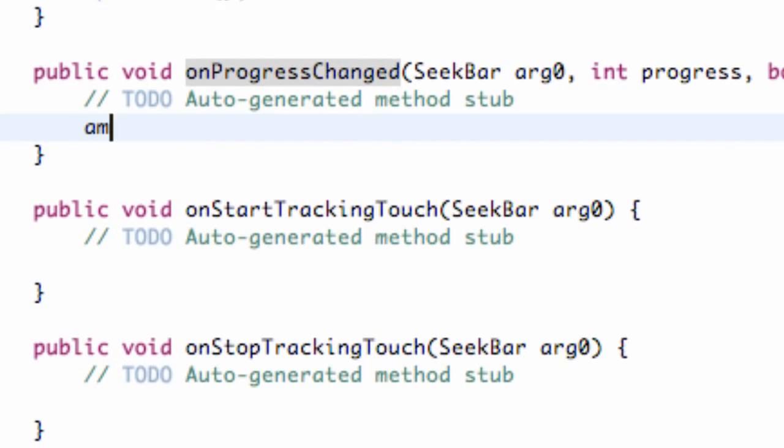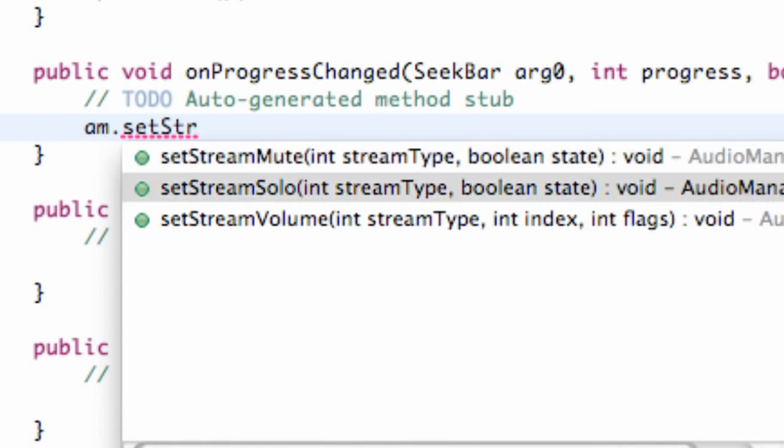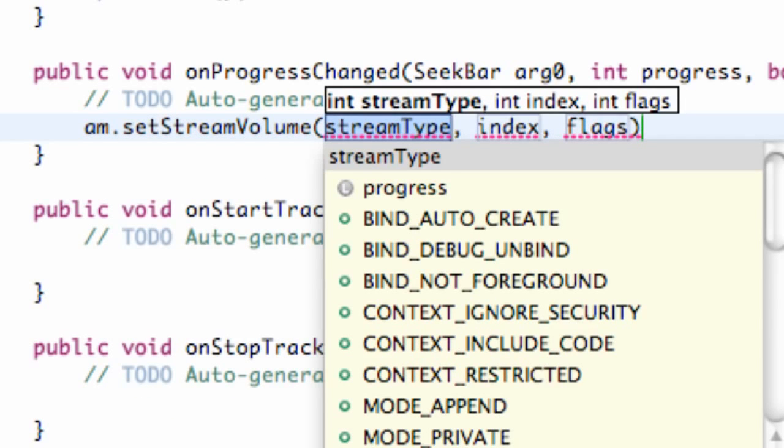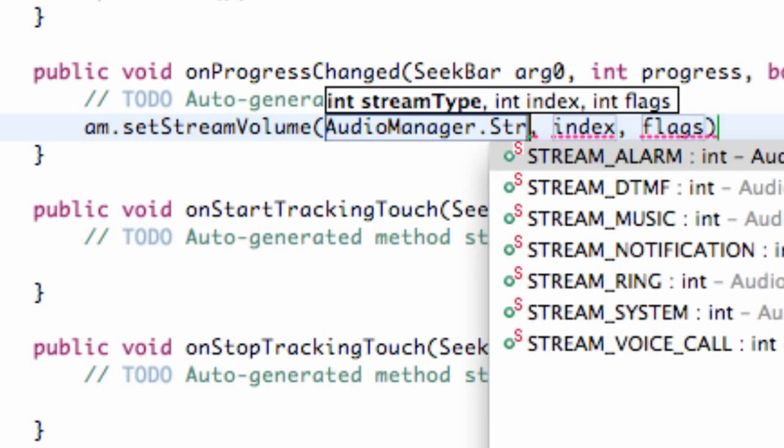And that's pretty much what we're going to do with our audio manager. We're going to refer to our audio manager, and then we're just going to say setStreamVolume, and we're going to set that equal to the type that we want it to affect. So we're going to say AudioManager.STREAM_MUSIC,